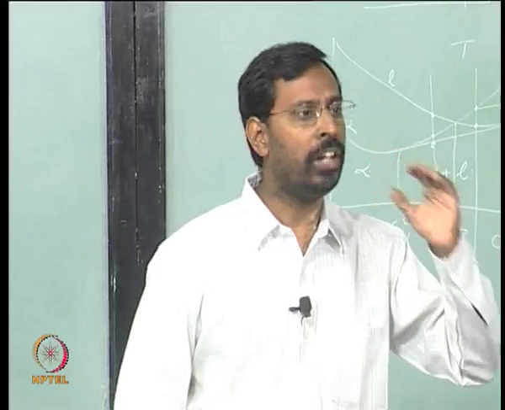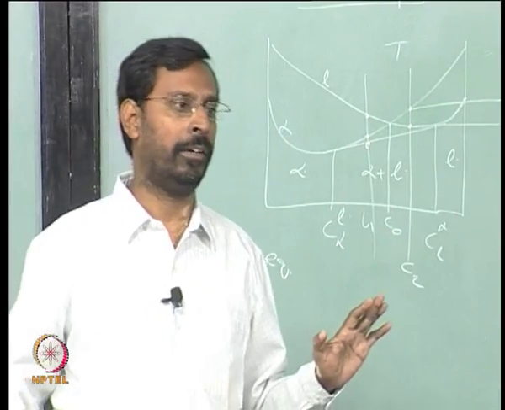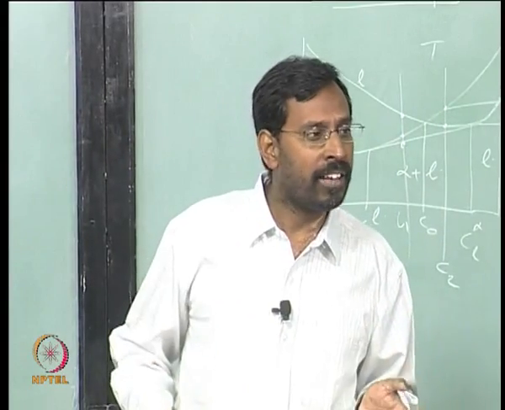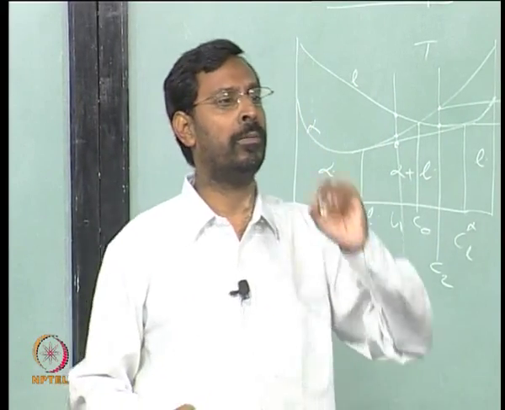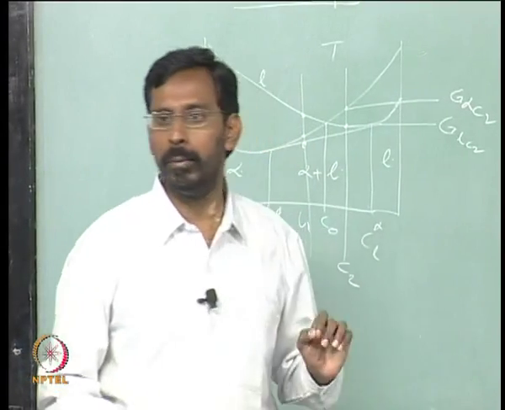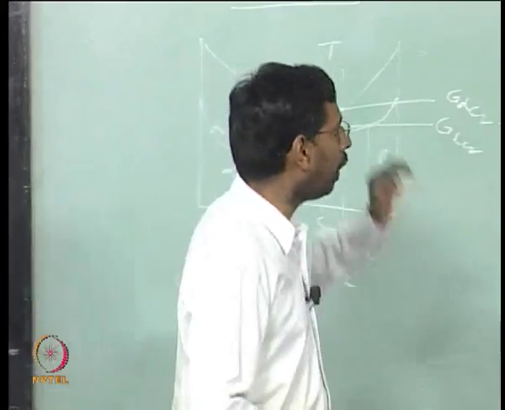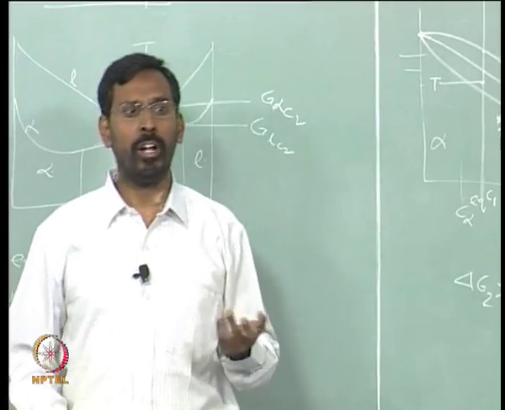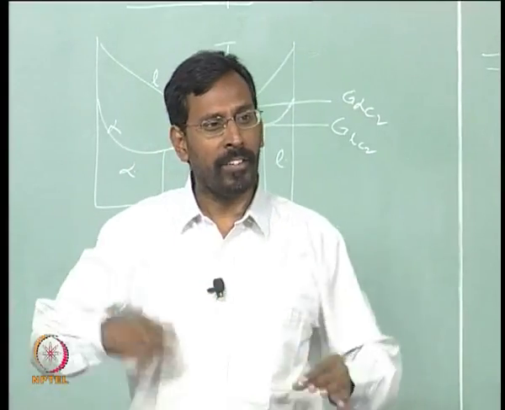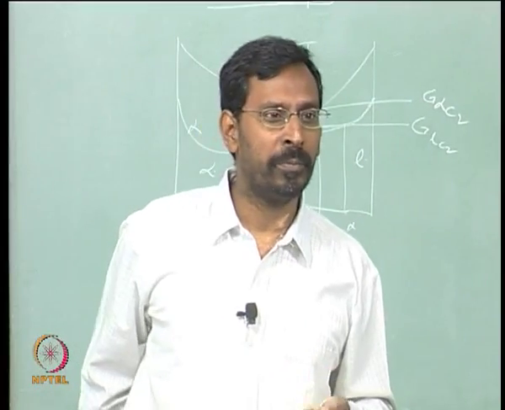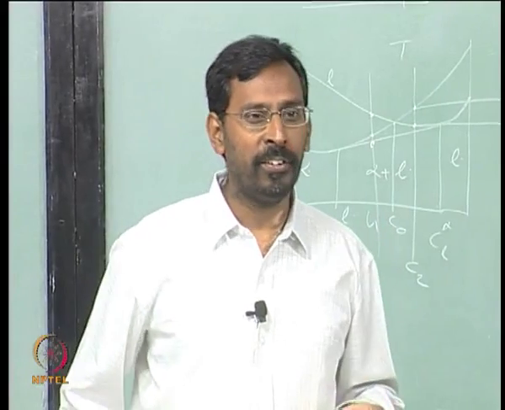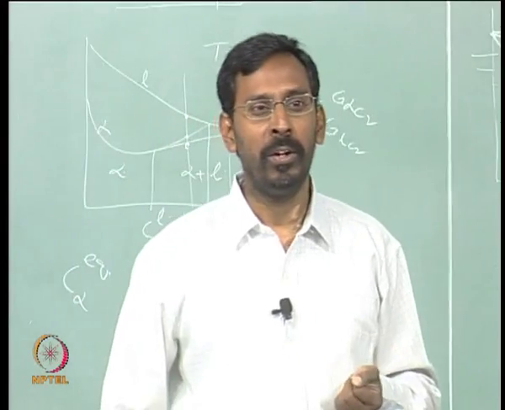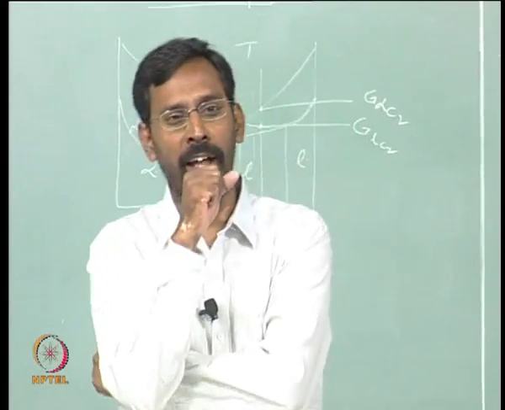That means until you reached that temperature, nothing has happened to the liquid, only the temperature has come down, and the liquid remained as liquid. When does this happen? It happens only when there is non-equilibrium solidification. Under equilibrium this will not happen, only under non-equilibrium conditions, that means I have cooled it rapidly, or there are also other conditions. Do you know the other condition by which you can undercool a liquid? In fact, in the 1950s there was a great man by name Turnbull who did special experiments to see how he can undercool the liquid. Anybody has heard of it?